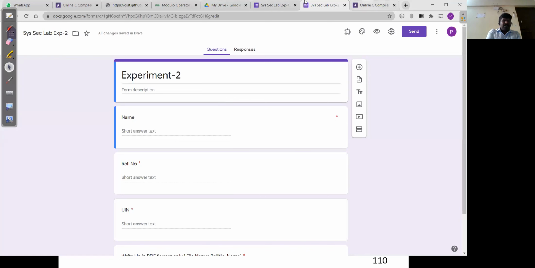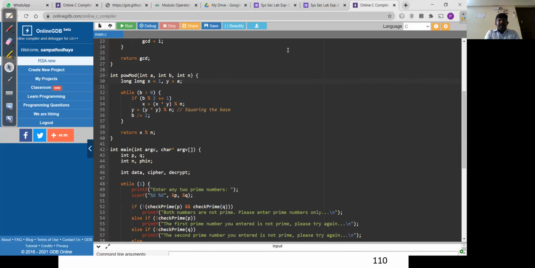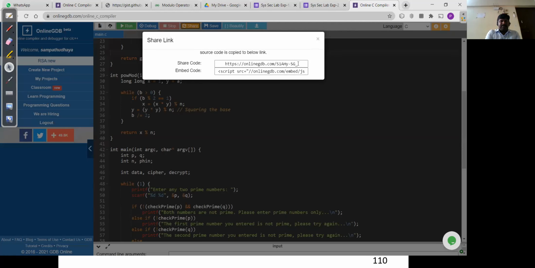I have the code in an online compiler. I can share the code with you all, and irrespective of whether you have a laptop or a mobile phone, you can execute the code and check the output. Don't make excuses about having or not having a laptop.